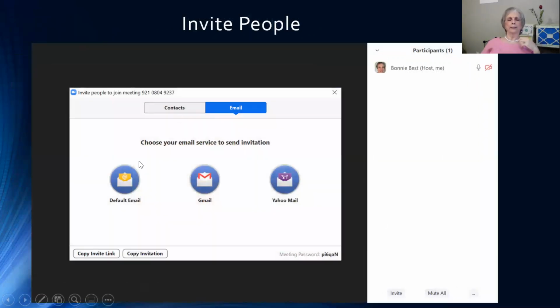you end up getting this pop up, allows you to invite people to join your meeting. This is if you're hosting a meeting. And I clicked on email. I use Gmail, so I'm going to click on Gmail, but you could have any other email, whatever your default email is, or Yahoo, that's fine. And when you click on that, then you